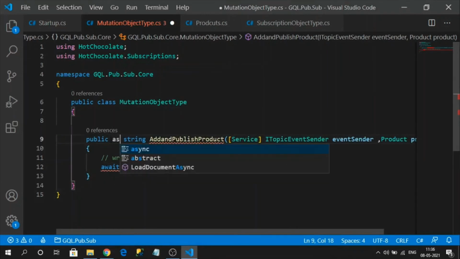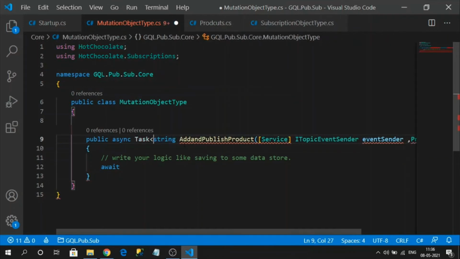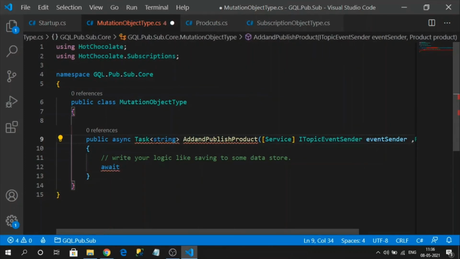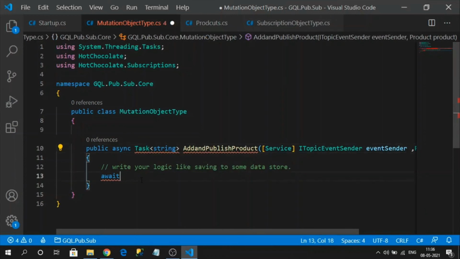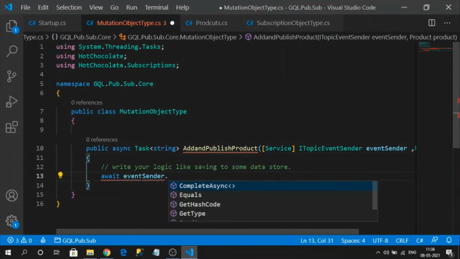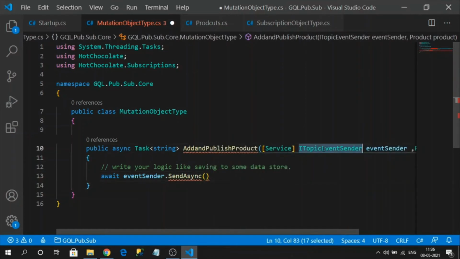So let's write async. Let's import some namespace and call eventSender.SendAsync, and first we have to define its name. So it is an ITopicEventSender, right?